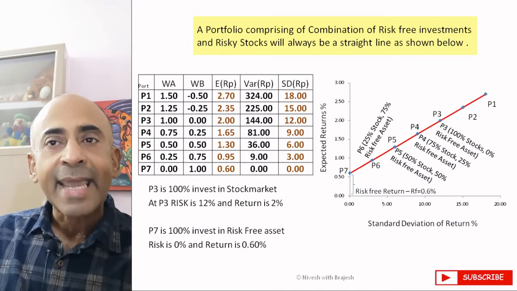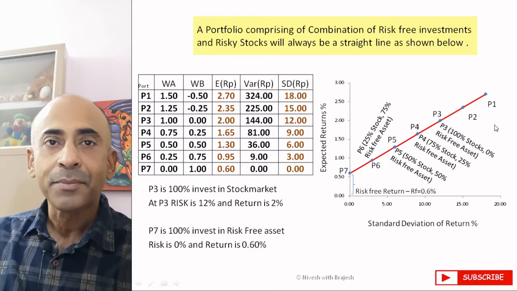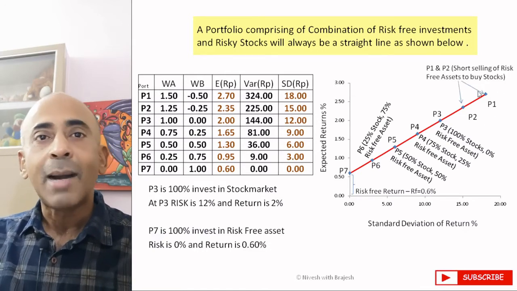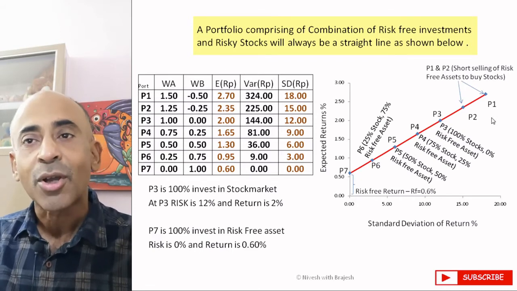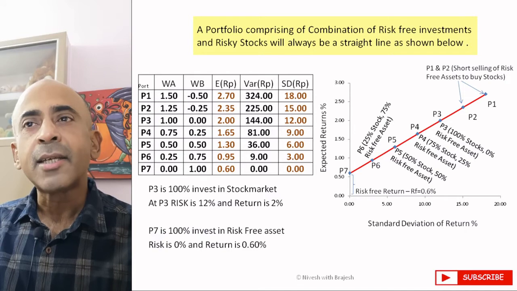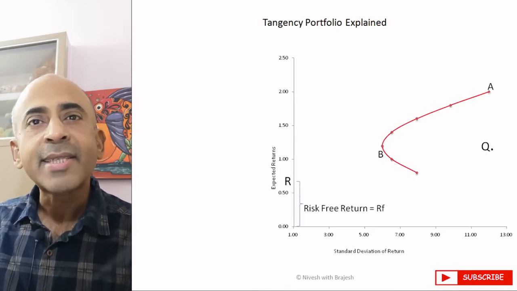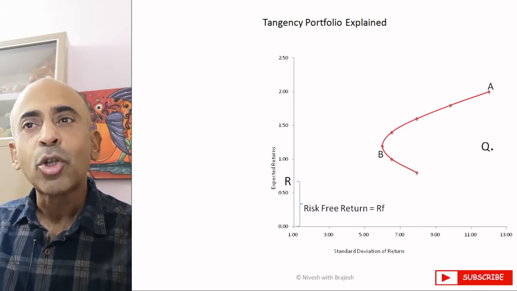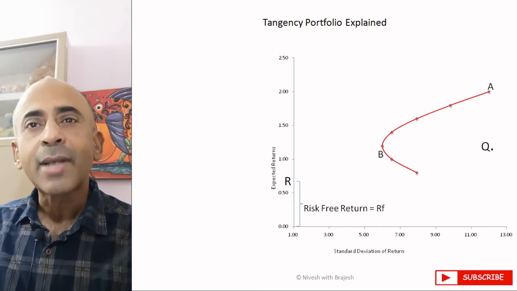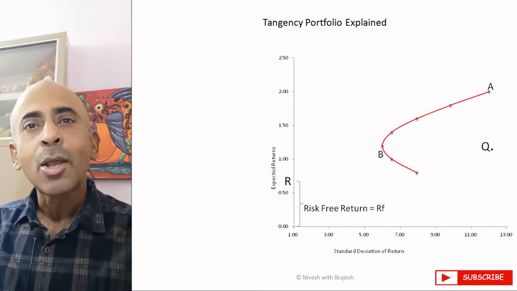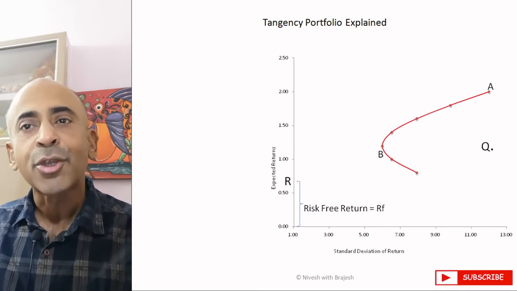So the line acts as a scale to depict the percentage investments in risky and risk-free assets. P1 and P2, as explained earlier, are points where risk-free assets are short sold to use the leverages to buy risky stocks. Now let's consider the previous examples and let the risk-free rate be at R and a risky portfolio be depicted at point Q. Hence, from the previous example, we have come to know that a combination of weights of risk-free asset R and risky portfolio Q will lie on the line RQ.